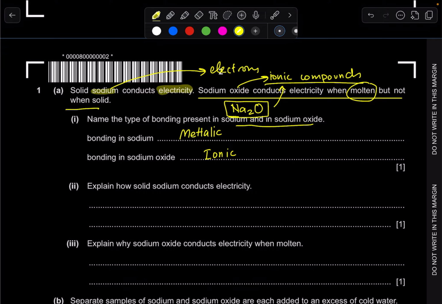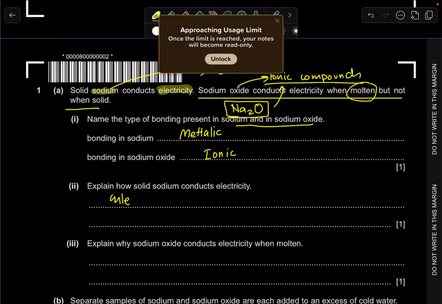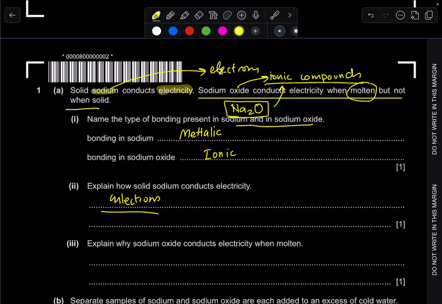Explain how sodium conducts electricity. It's very important in AS level that you can't mess up by just writing electrons. Electrons is not a proper word. This is not going to give you marks. The thing that you need to write is that proper delocalized electrons